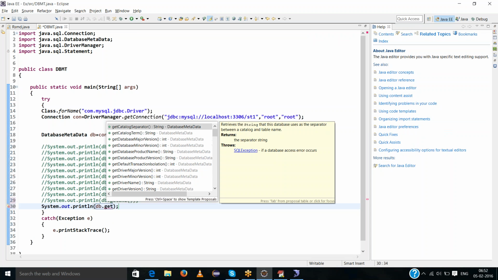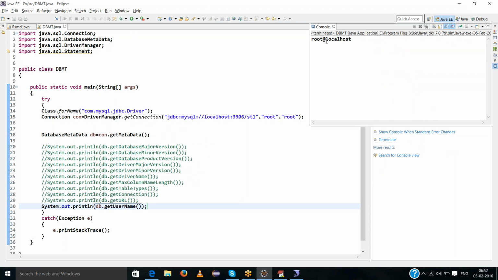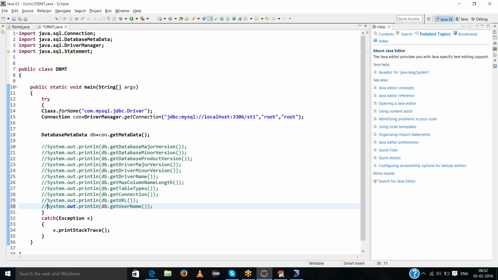db dot get username. What is the username? Root at the rate of localhost. Actually root is root, but localhost is a port address representation.